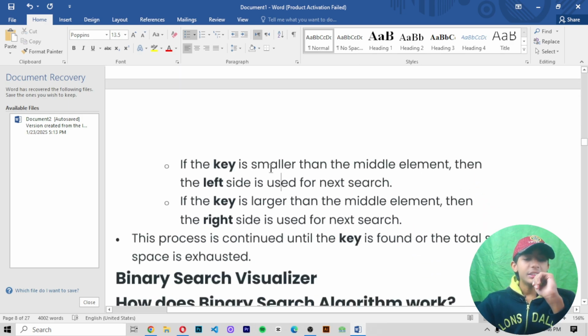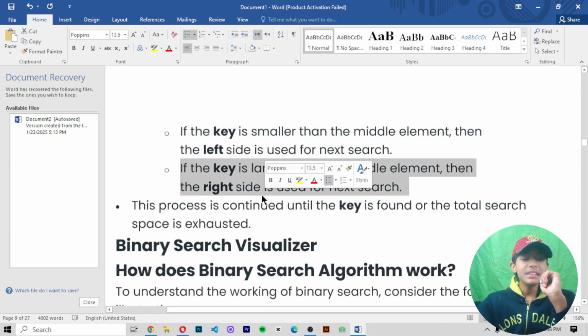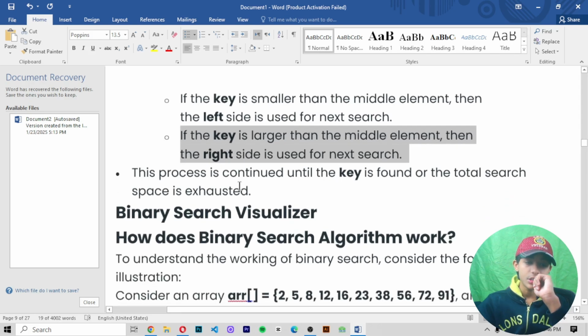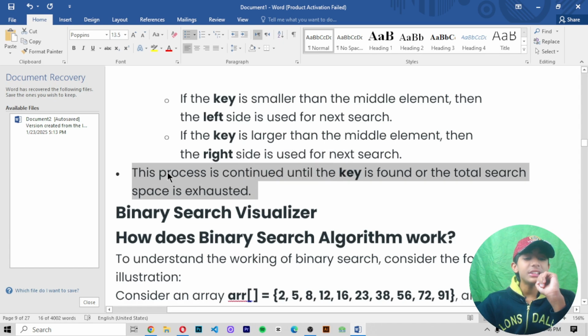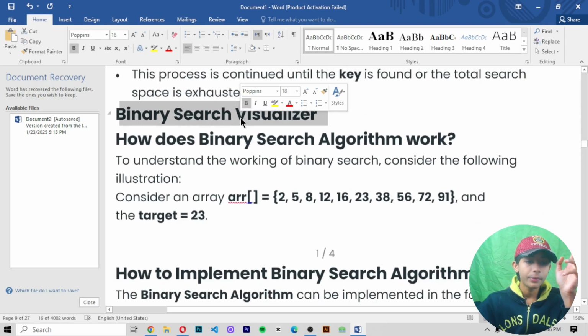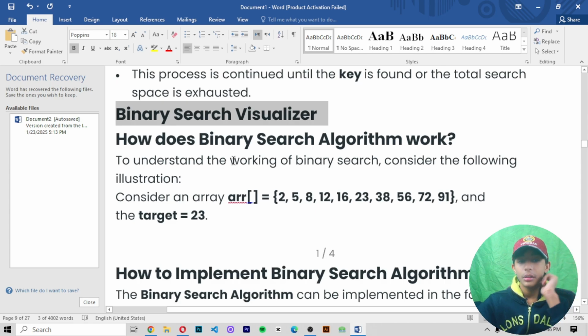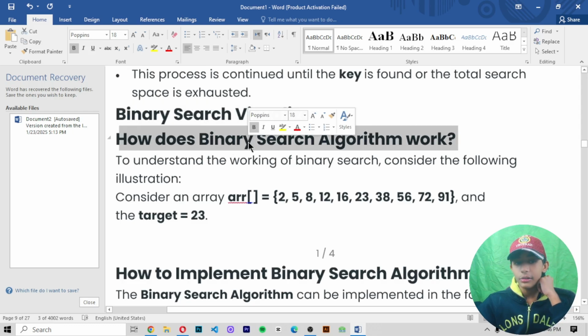If the key is smaller than the middle element, then the left side is used for the next search. If the key is larger than the middle element, then the right side is used for the next search. This process is continued until the key is found or the total search space is exhausted. The spelling is EXHAUSTED.